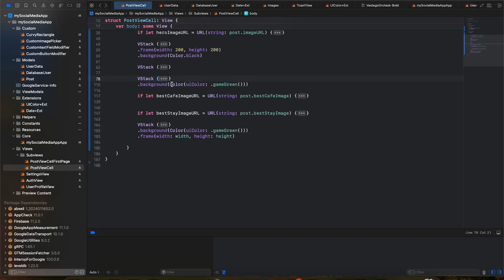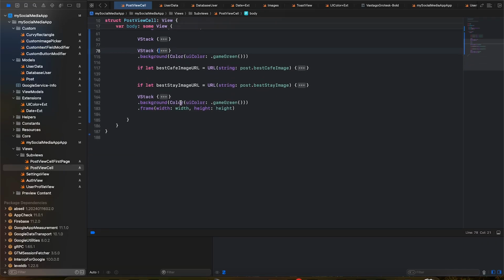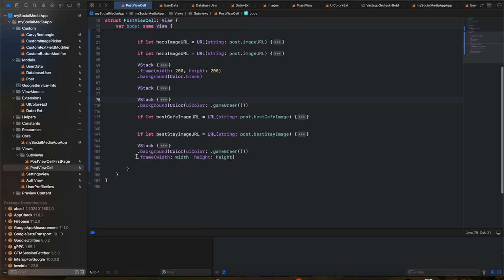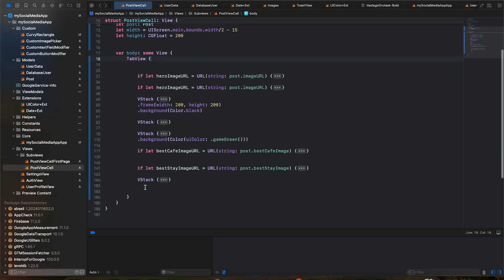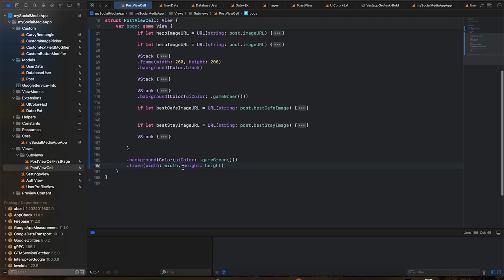So this thing is there, if let is there. This background, I'm thinking, do we need to give it some... no, I don't think so. We need to give it some values. Instead, we need to give the tab view some values. So we can paste them here. The background color should be game green and everything. The frame should be this. Then we have a